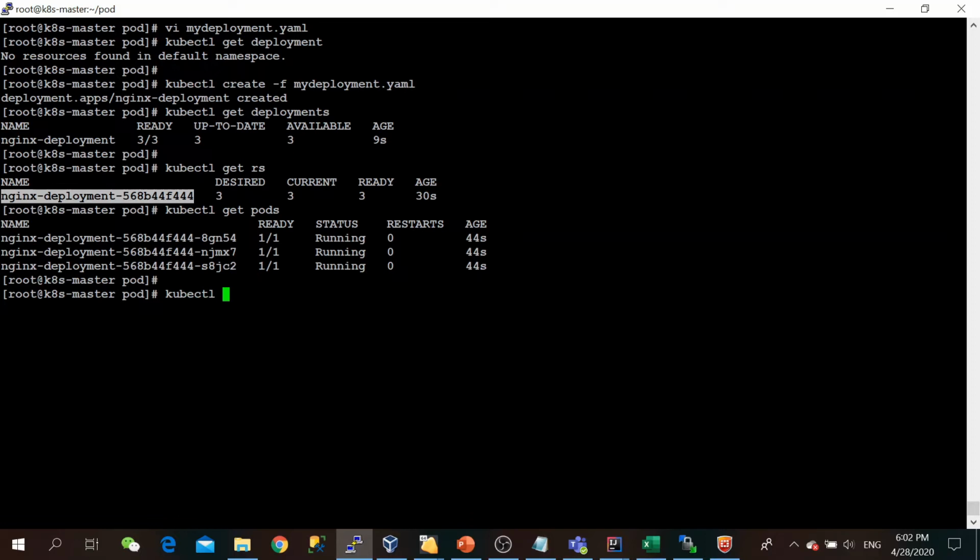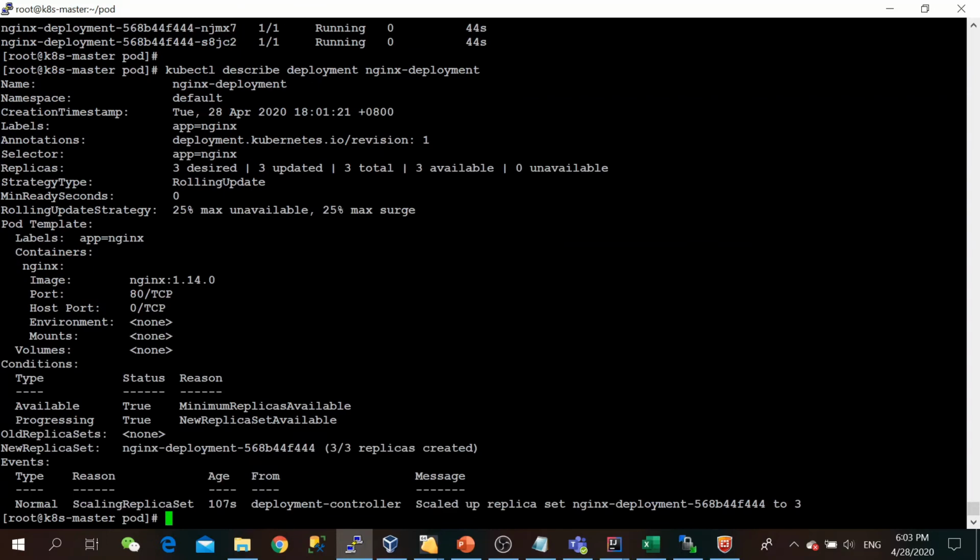For that I will use set image. I'm going to upgrade my current Nginx image, that is 1.14.0, to Nginx 1.16.0. But before that, let's see the current version also. And what is my deployment name? My deployment name is Nginx-deployment.